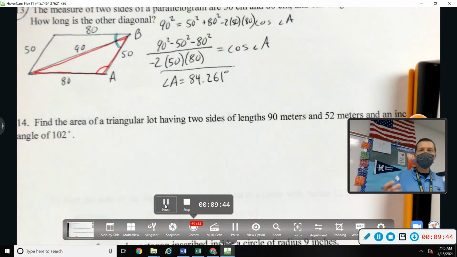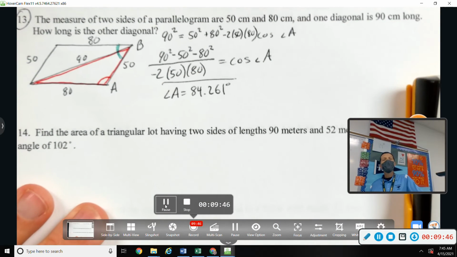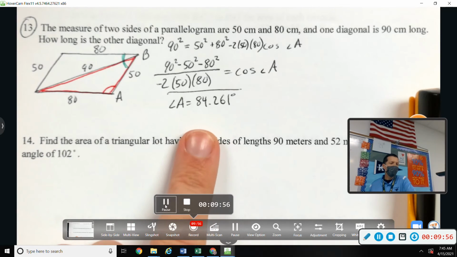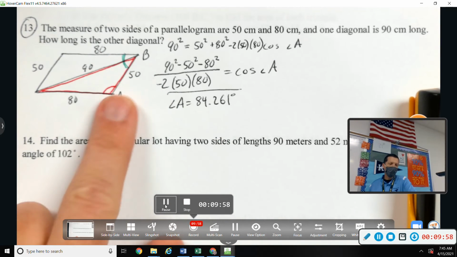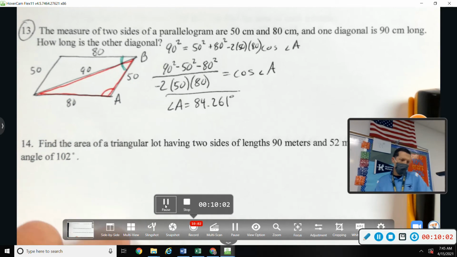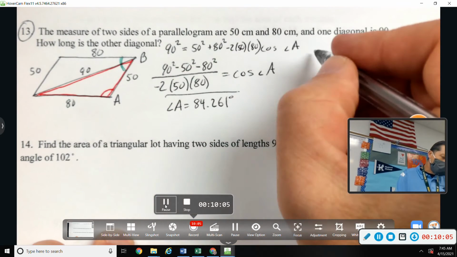Whoops, shouldn't box out. That's not really my answer. What does that mean about whether 90 is the long diagonal or the short diagonal? It's the short one, because that angle is less than 90. So we drew this backwards, but it doesn't matter. We're still going to be okay. Our picture's not exactly right, but